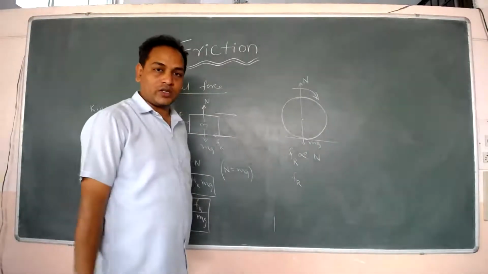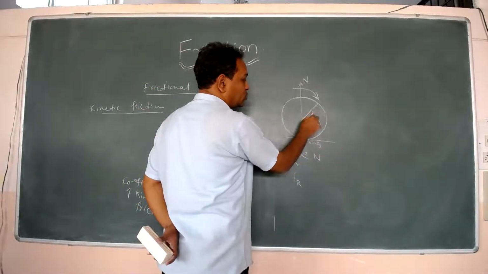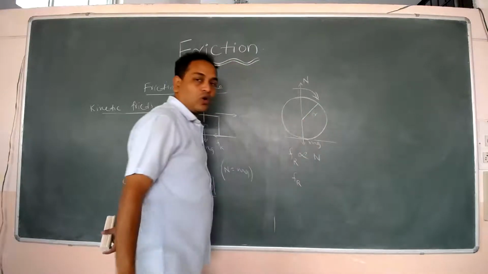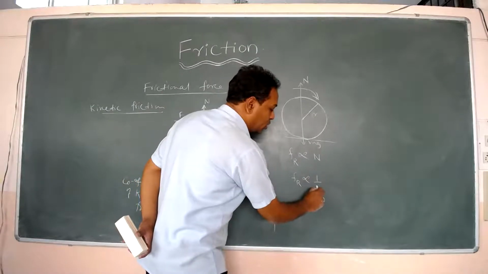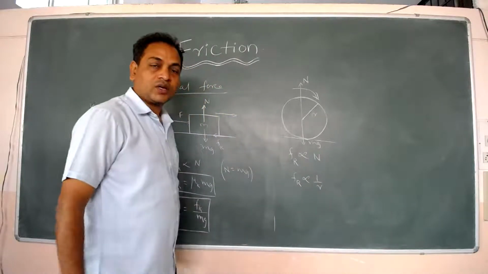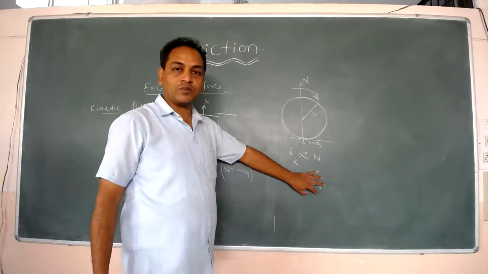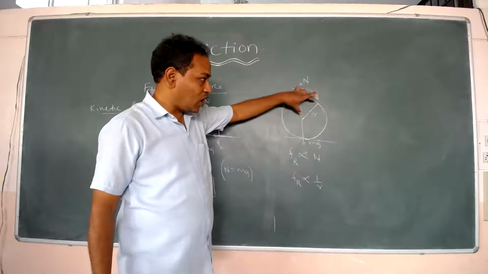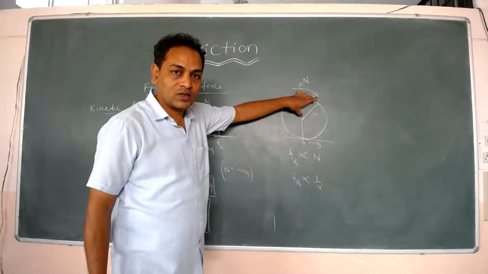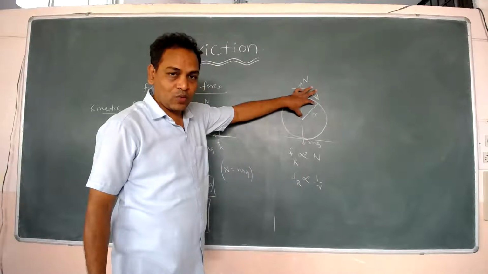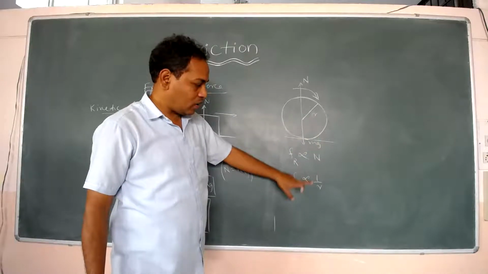also here one more law is there. It also depends upon the radius. Suppose its radius is small r. Then here the frictional force is inversely proportional to its radius. Sometimes we use this formula for calculation purposes. In a problem, if they give a radius and ask for the frictional force for a rolling body, then we have to take this